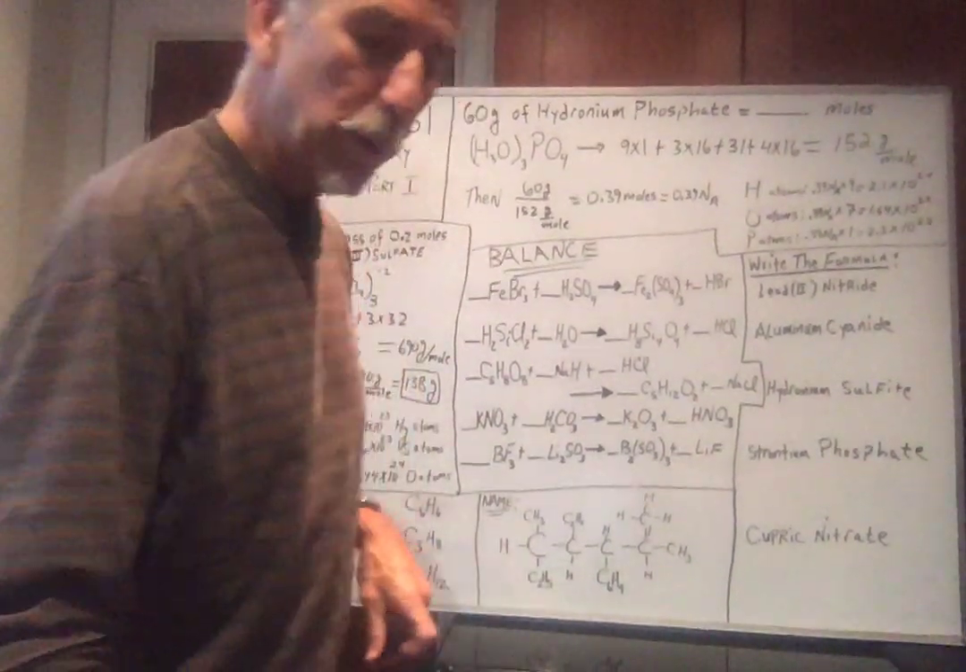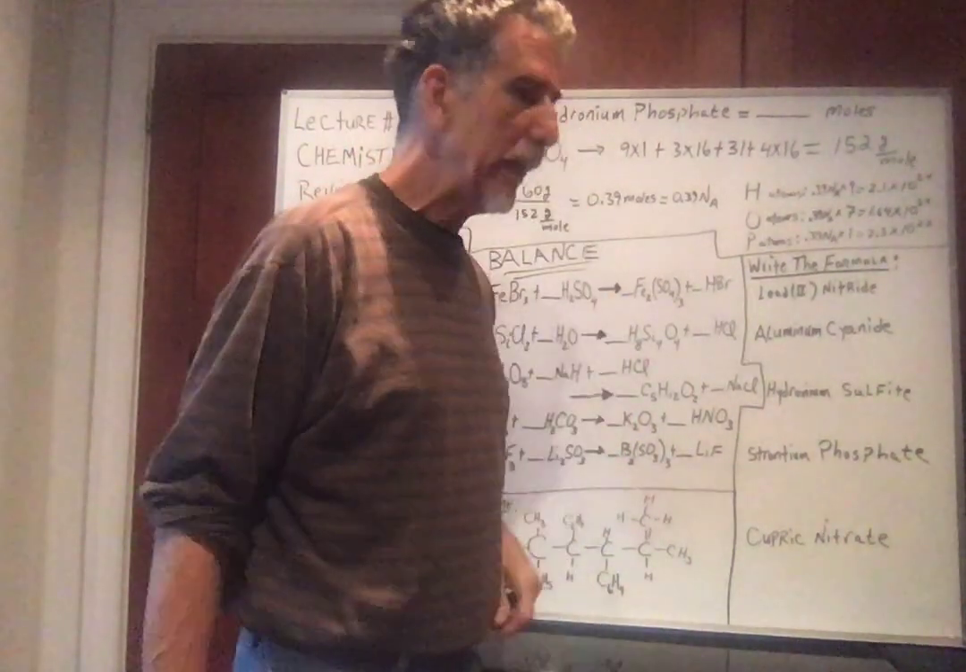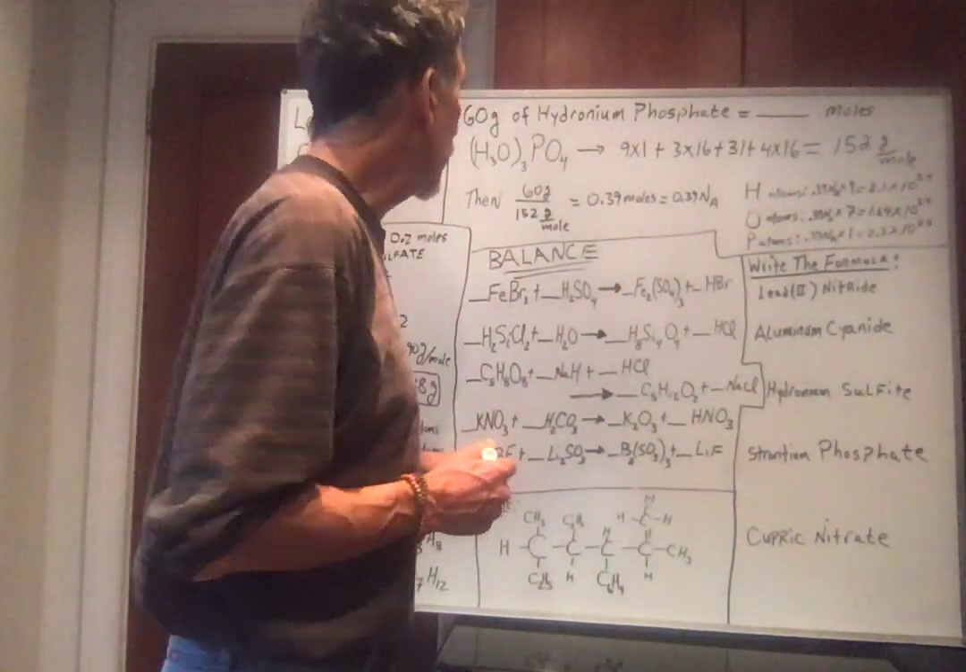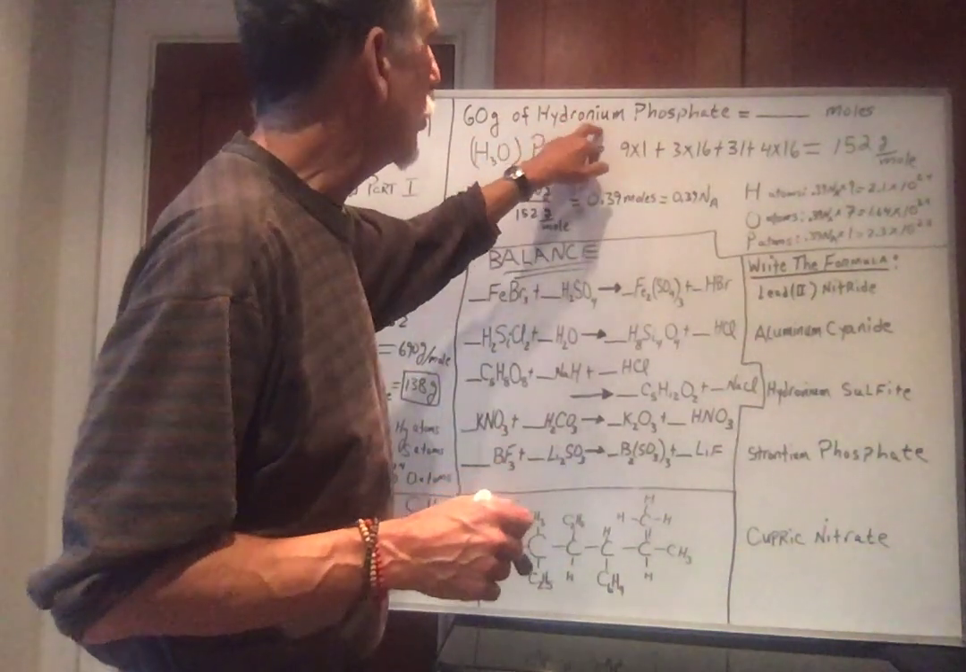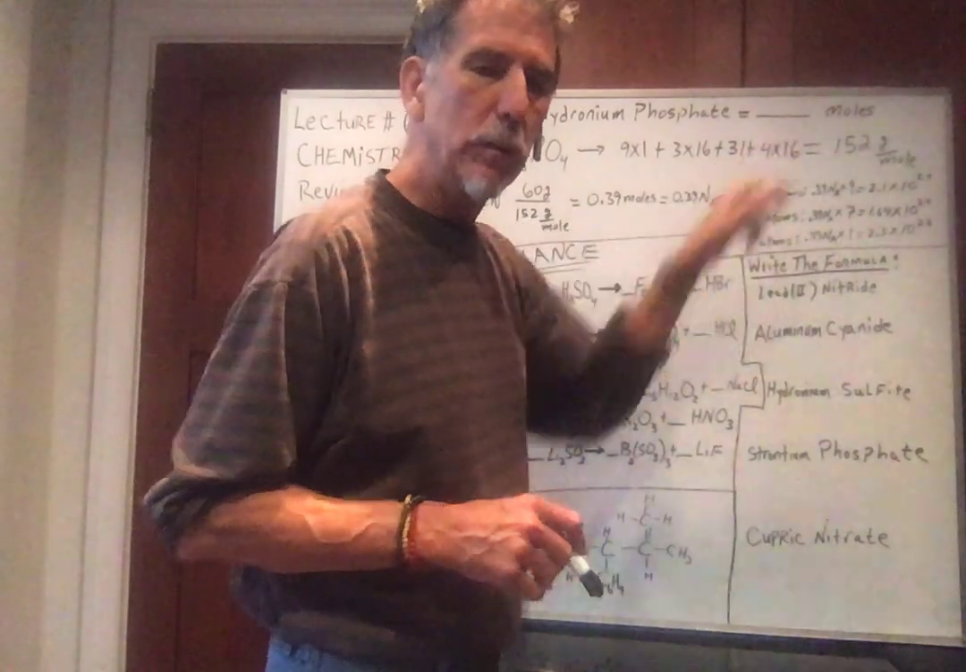Okay, let's do one more of these. All right, not so bad. Periodic table, a calculator, and knowing oxidation numbers. All right, 60 grams of hydronium phosphate is how many moles? Hydronium phosphate. Remember hydronium, one of our